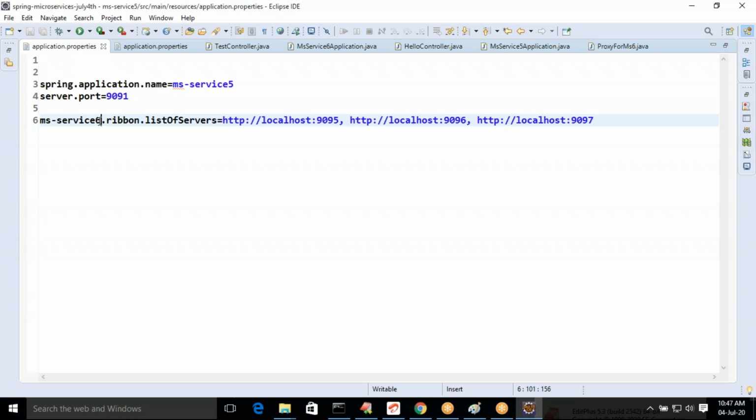MS Service 6 is the application name, project name, ribbon, list of servers. What are the instances of MS Service 6 available? We created three instances, one at 9095, one at 9096, one more at 9097.